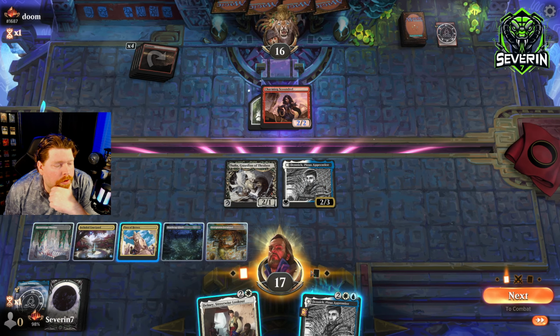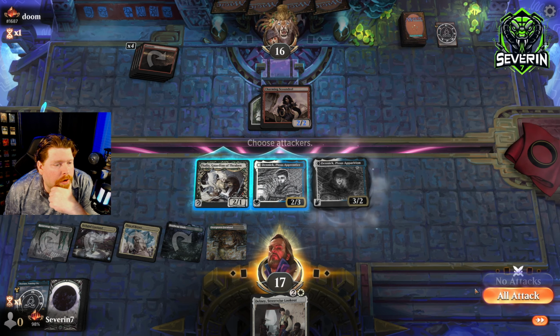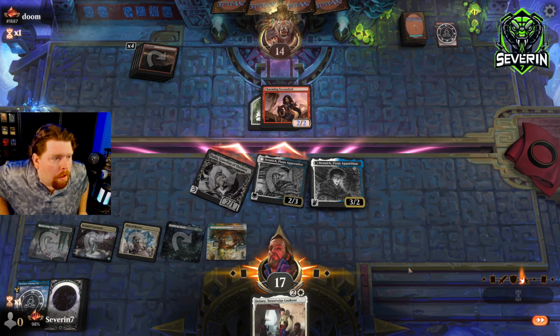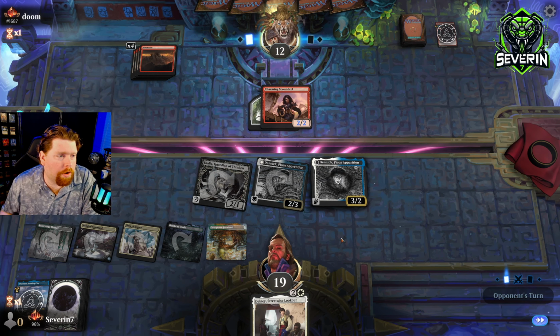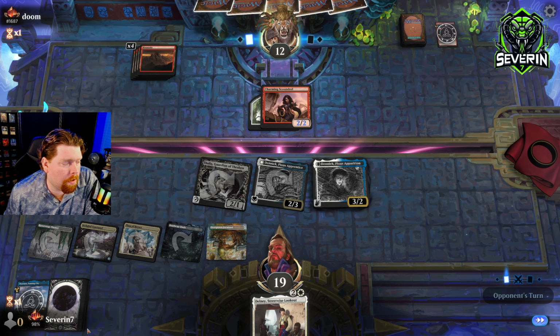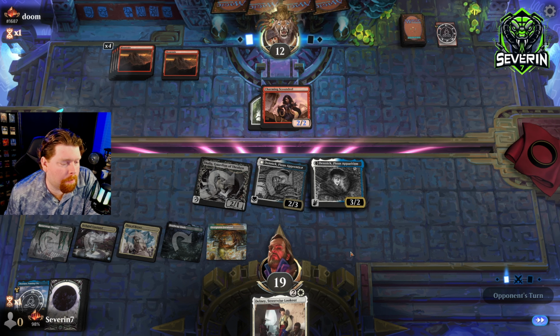Okay, I could really use not drawing more lands. That would be great. Let's play Dennick from the yard. Get in there. Anytime we draw a Jodah, it is just GG's. So I'm just hoping to draw. We put one on the bottom, so it doesn't feel great, but